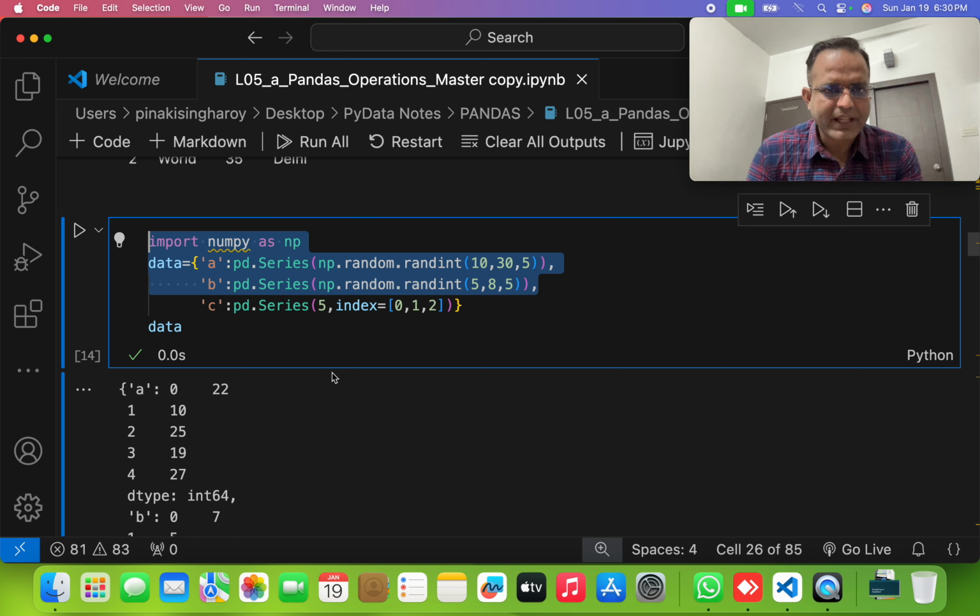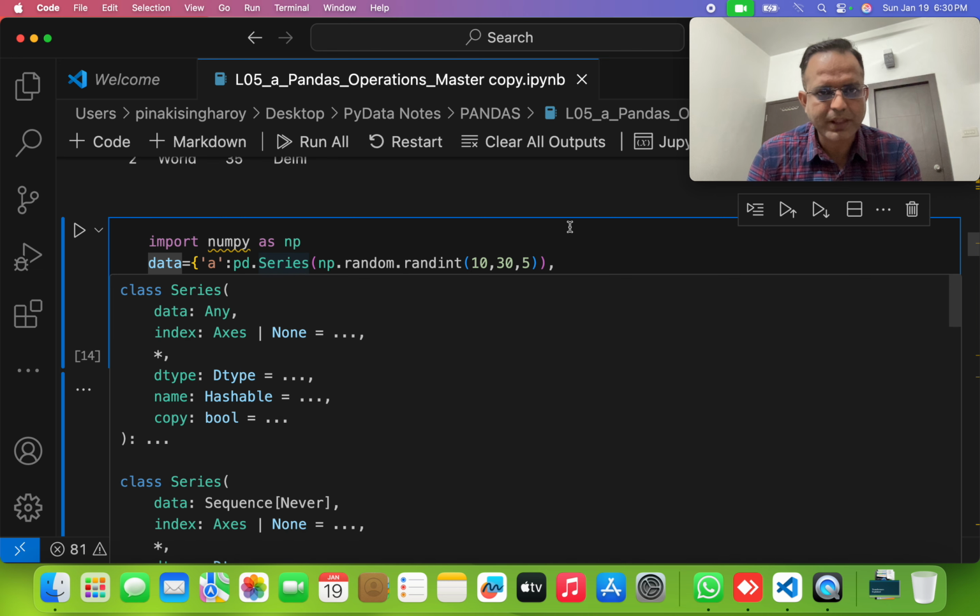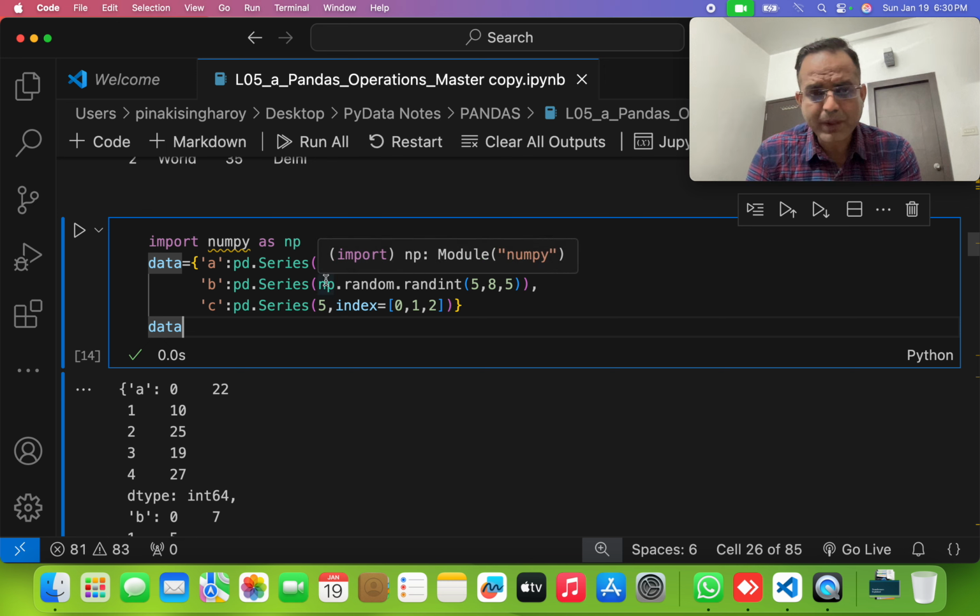We just import numpy as np, then we write the data variable. We are passing a dictionary, a key-value pair. Within the a and b keys, we pass pd.Series. We are just passing the series. How can we pass that? Within the first bracket, the purple-colored bracket,